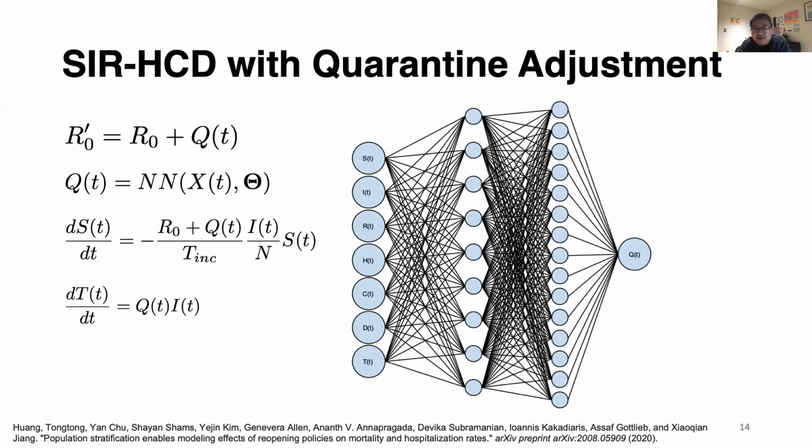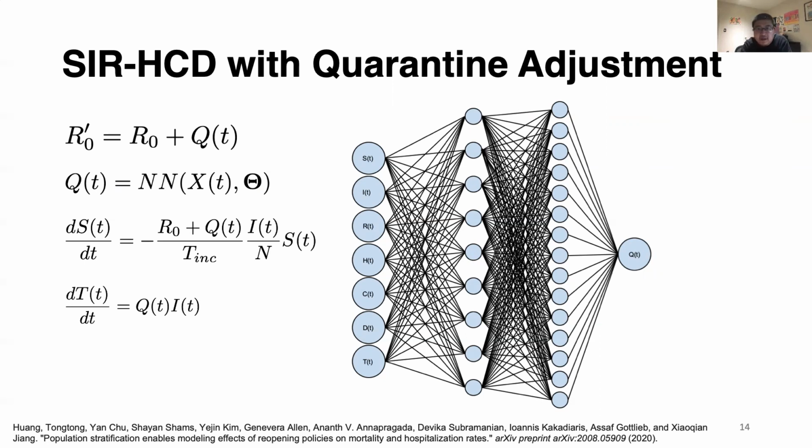The author aims to adjust the value of R0 by adding the variant quarantine stress term QT so that the curve could be more flexible to fluctuate with policy changes. The first and second hidden layers of this multi-layer perceptron have 10 and 20 neurons with